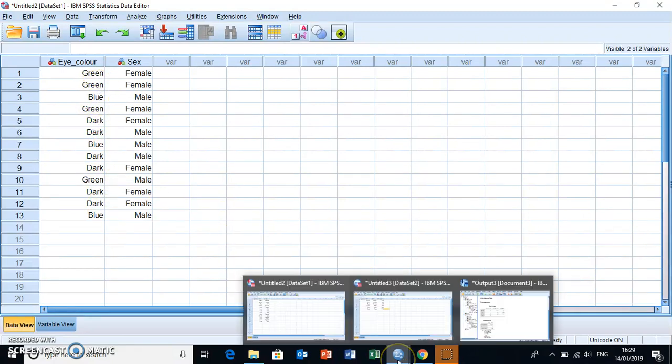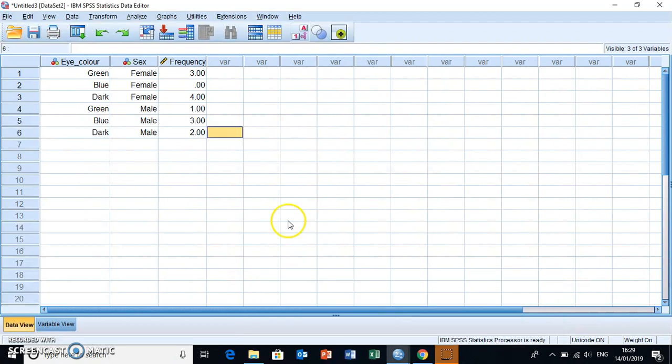And one other way of setting up data for this kind of situation when you have categories is to do it in a frequency table, and I've done that here. So essentially this shows exactly the same thing. These frequencies here add up to 13, but instead of having one row per person, I now have the different categories of eye color and the different categories of sex, and I have made all of the possible combinations between those. So for example, because there are three eye colors, two sexes,